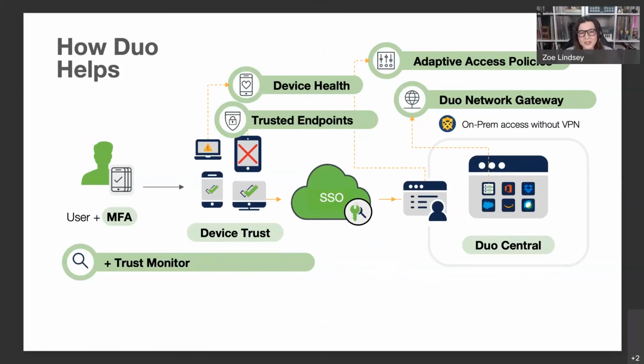To tie this all together visually in an access attempt, you can see that a user goes to log in. We're evaluating that user's device to see if it should be trusted. They're going through that single sign-on, which now is going to federate their access to both local and hosted tools through the policies that you've implemented. If you're making use of Duo's network gateway, this can even be internal tools from external sources without the requirement of a VPN layer. The Duo network gateway is basically a reverse proxy front-ended with that Duo authentication. So this is going to help you get a more holistic view on access, not just validating that user